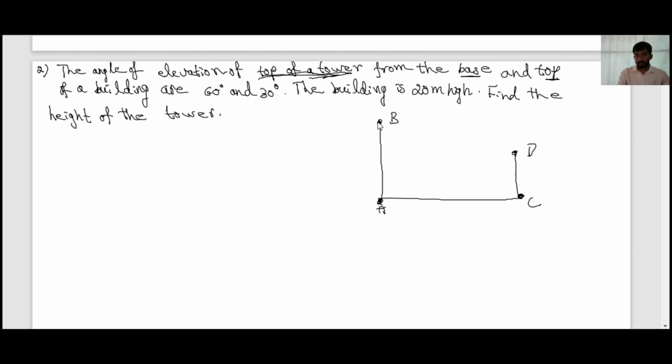First you are looking at the top of the tower from the base of the building. Okay, that time what's the angle of elevation? It's equal to 60 degree. The second time you are looking at the tower from the top of the building. So here I'll draw our reference line. From the person's eye you are drawing a horizontal line, that is our reference line. From here you are looking at the top of the tower. That time the angle is equal to how many degrees? It's equal to 30 degree.